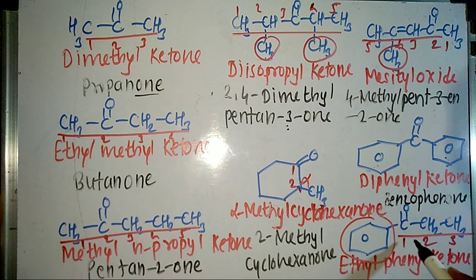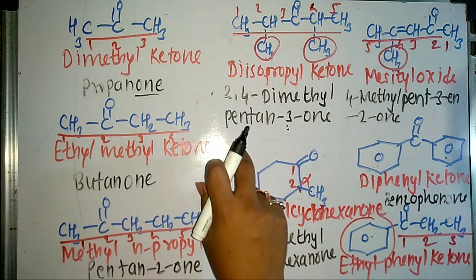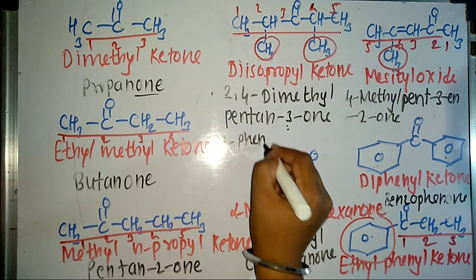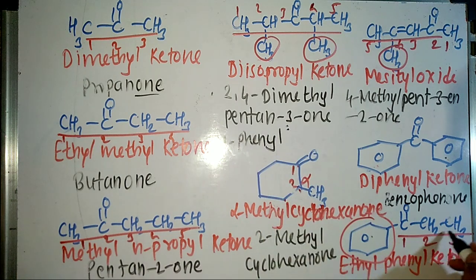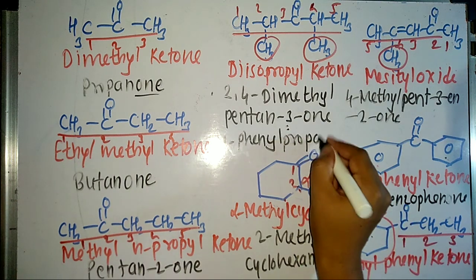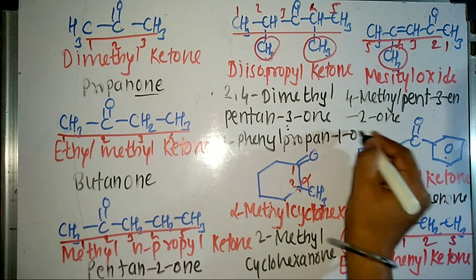Now look at here. I have this as the longest carbon chain. At the first position I have a phenyl group. So here I'm writing the name of this compound on this side now. It appears at the first position, so I will write 1-phenyl. Total 3 carbon atoms are there in the longest chain. The 3 carbon alkane is propane. Replace E by ONE, so propan. Since the double bond O appears at the first carbon, I will write propan-1-one.